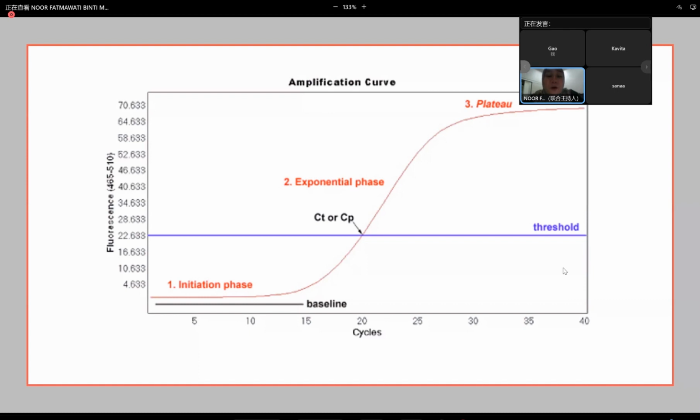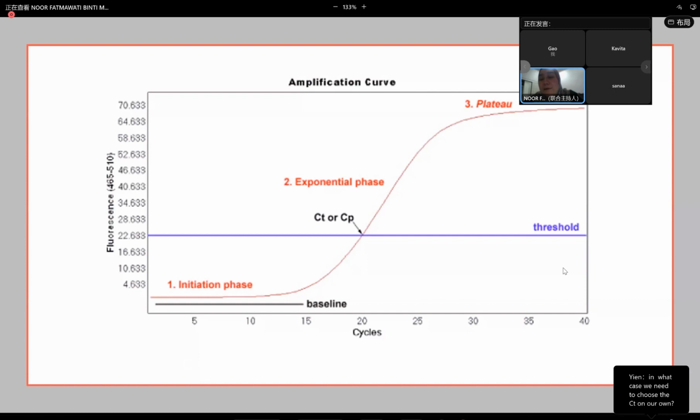Okay, so this CP point is where the number falls straight down at the bottom. Let's say here it says 19.8. So this is the point where it will give you the measurement. CQ